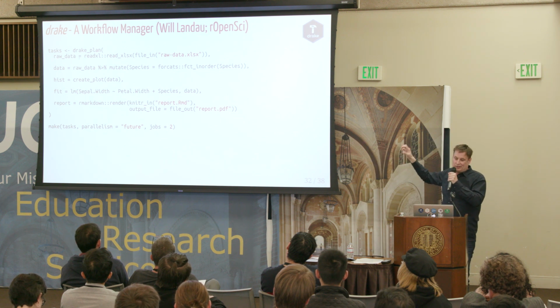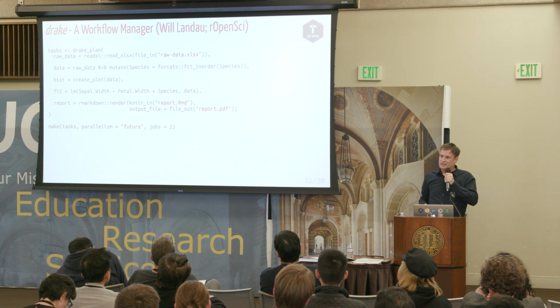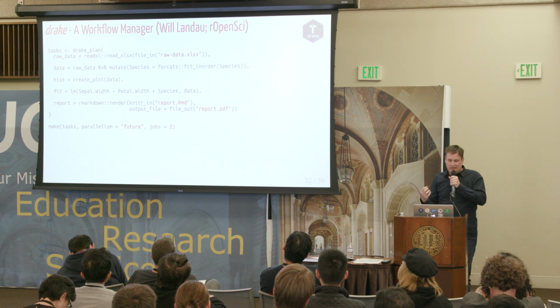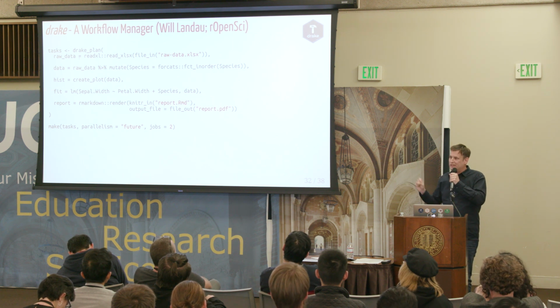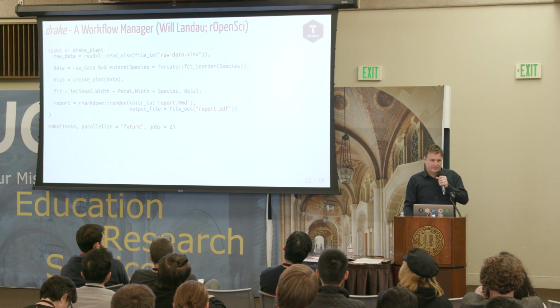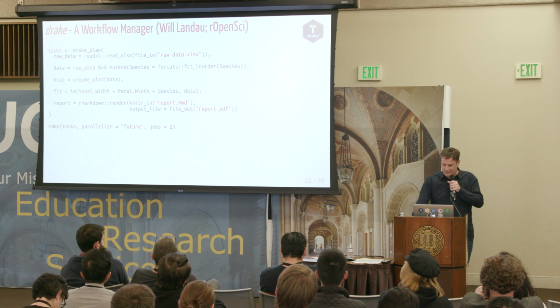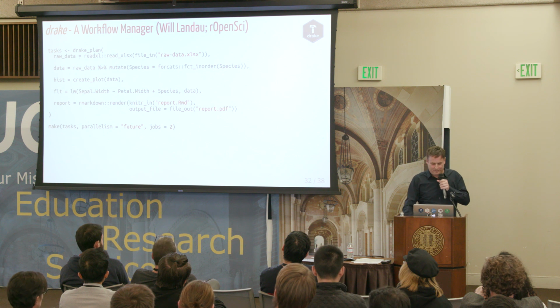And then there's a report that is not clear here what it depends on, but from code inspection it depends on other things here. And the way you do it in Drake, you say, make these tasks, complete them, and use future as a parallel backend and use two workers. And it will resolve this as fast as it can. So it's not like an lapply call, there's much fancier things going on underneath there. But they all work on the future function and the value function, basically.